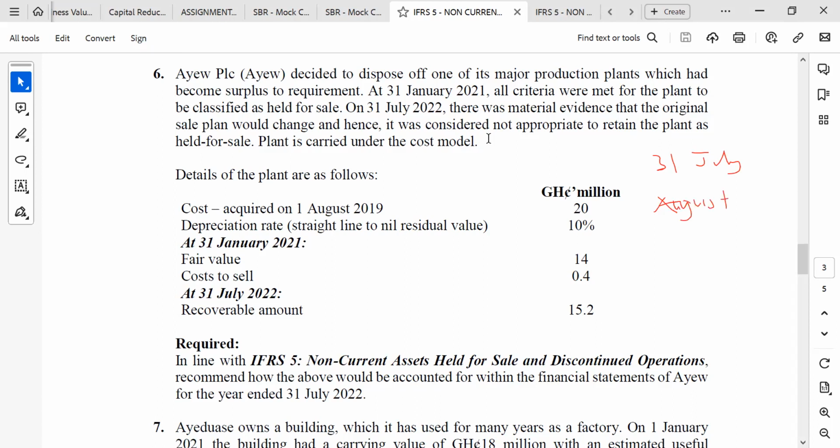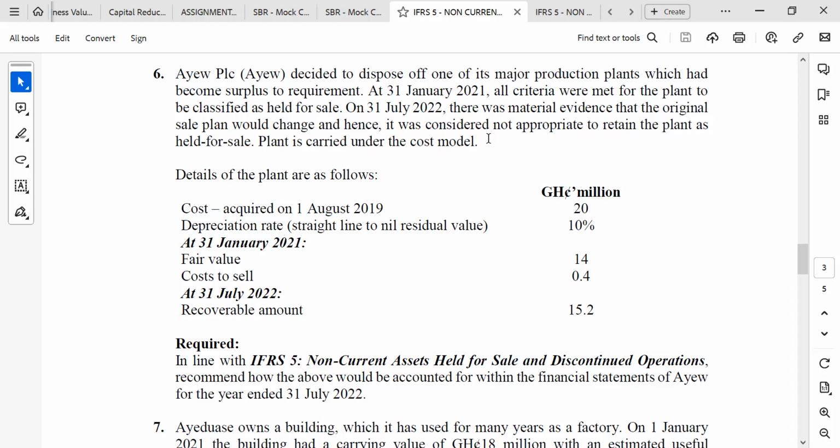Okay. So August 2019 to July 2020 is 1 year, isn't it? Yes. Okay. So from August to 31 December, how many months is that? 6 months. So it means that we have used the asset for 1 year and 6 months, or 1.5 years, before the classification. So let's determine the